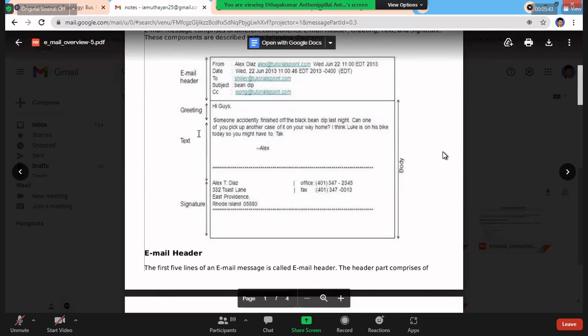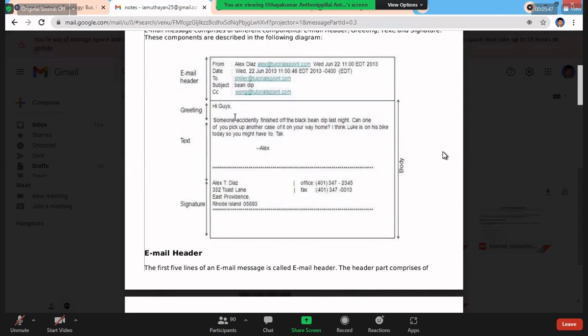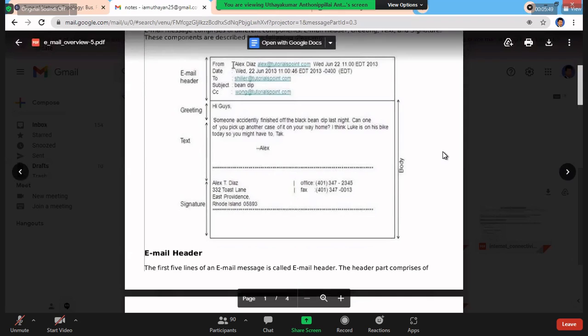So header, contents or greetings, and then signature portion. Normally in an email, from: the mail comes from which address, on which date and time, right?